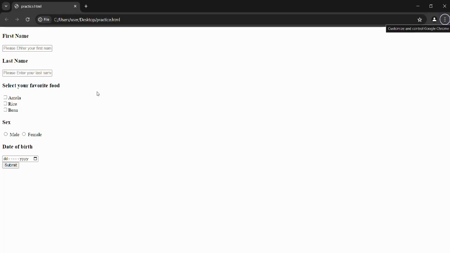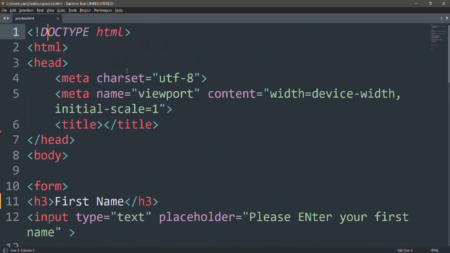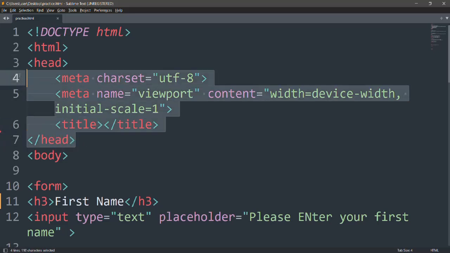So after that, let's talk about the second way of accessing CSS in our document. The second way is through using the style tag. Body is a tag, HTML is a tag, head is a tag. So we also have the style tag too, and professionally you can put it inside the head section,